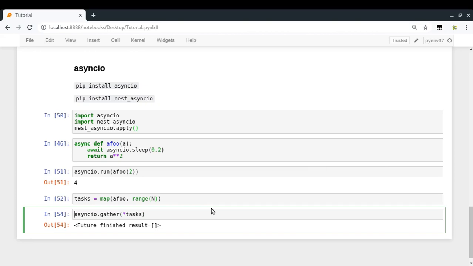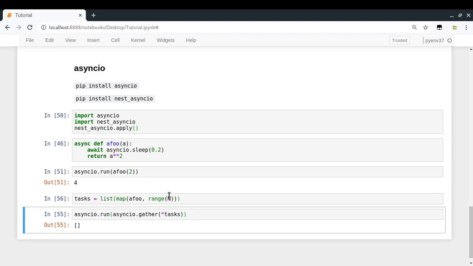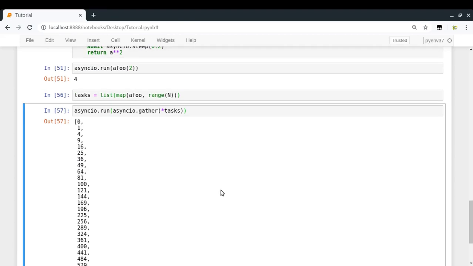For running this I will be using again asyncio.run. So asyncio.run, asyncio.gather these tasks, and okay, so we are getting this because it's a map. Let me try to convert it to a list, and look at that, we get the output.